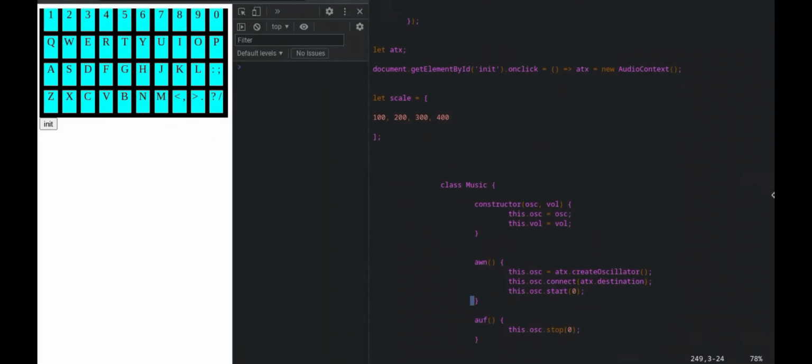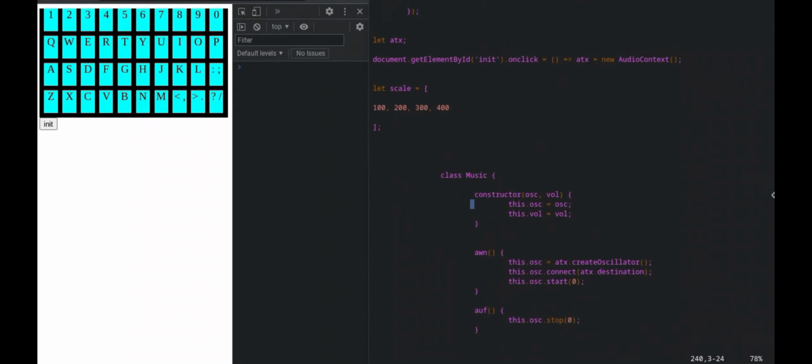And then we're going to come down here to the music class. We've got to change the volume parameter to index. I promise we'll add volume later, but for now, it would only mess us up. So we have our index. Now what we're going to do is add the frequency value property. So this